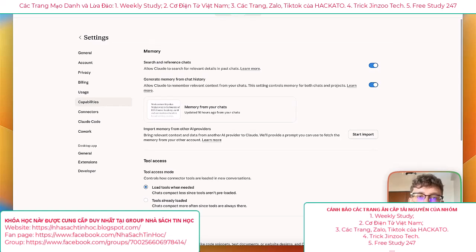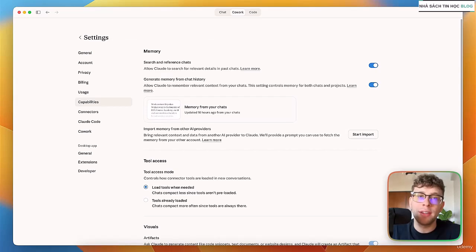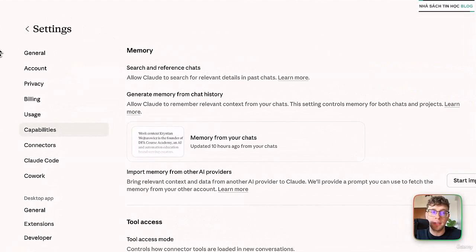In this short video, let's discuss how Claude's memory works, what it remembers, what it forgets, what the entire structure of Claude's remembering is, and what the options are that can help us improve Claude's memory. So the first thing is, once we go to settings and to capabilities, we've got our memory tab. And now we can enable two options.